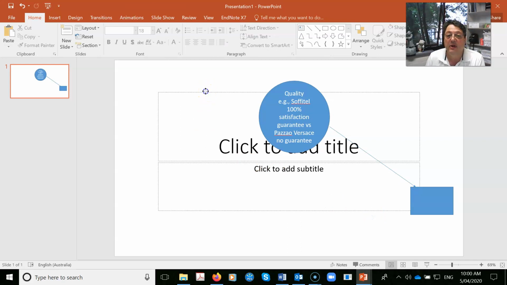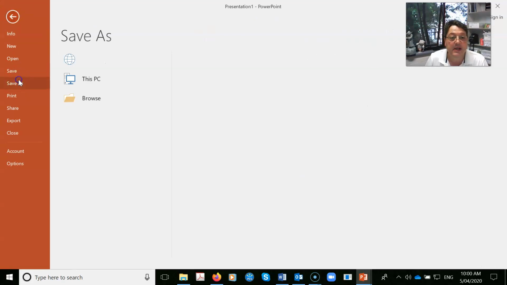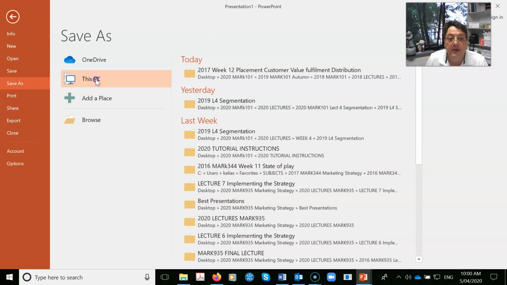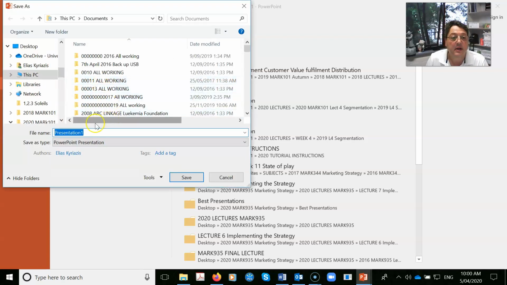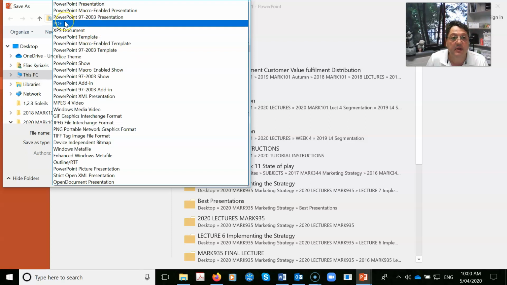In marketing, and if I really get annoyed, I just delete the background. Or we might leave this as a heading and go, a model of customer satisfaction, and I can't type for anything, section with illustrated examples. You can do this, and then you go File, Save As, this PC, and I'm hoping I'm going to do this right, guys. Say Presentation 1, but we can put it in as a presentation, a PDF,